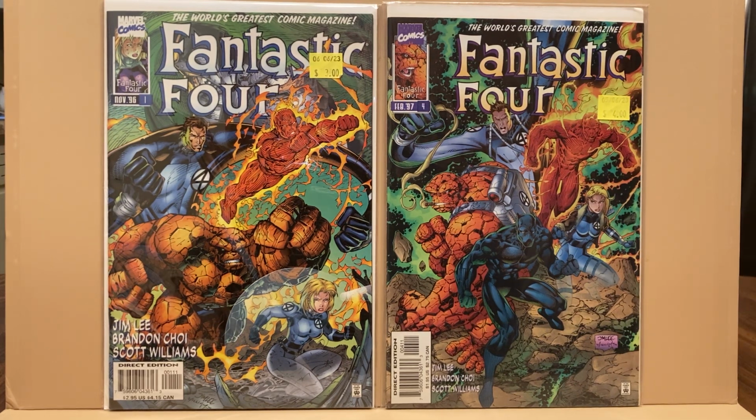So the books I'll be showing this morning will be more pickups, as I'm telling you. This short box is still coming from BME, y'all, Brother Rob. And as I told you, you can see the yellow sticker on it, because again, I haven't had a chance to get any bags and boards. So any ones you see with the yellow stickers are pretty much what I've gotten. I might have been able to change the bag and board, but for the most part, you know, I told you that we'll be doing the Heroes